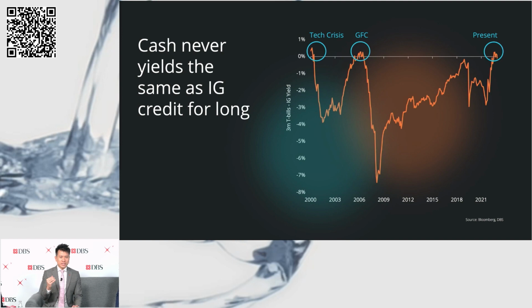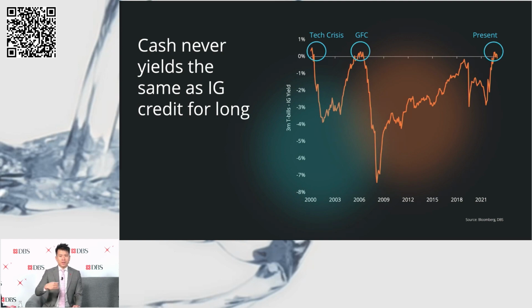And the thing you'll notice about this chart is that every time they look very similar, some sort of crisis occurs, right? So in 1999-2000, when these two yields came close, we were met with the tech crisis, which forced the Fed to cut interest rates, and therefore cash rates didn't stay high for very long. Of course, very famously in 2008, we saw the financial crisis, which again was a very brief period where cash rates and investment grade credit were the same, and then cash rates started to be slashed very dramatically towards the zero bound. So when these two yields coincide, it doesn't last very long before some form of stress occurs, right? And after that, your cash rates are no longer high.